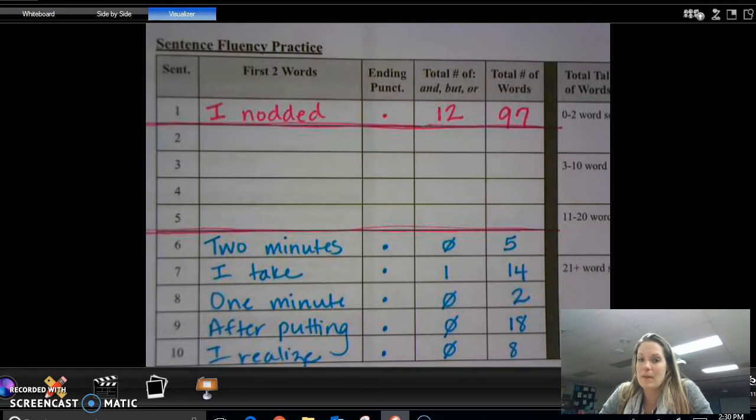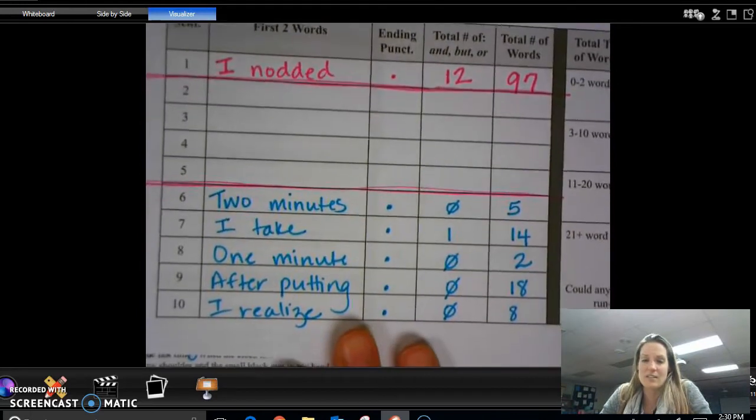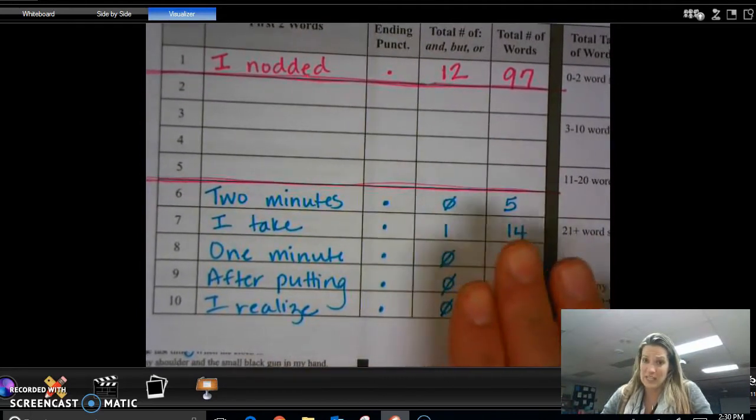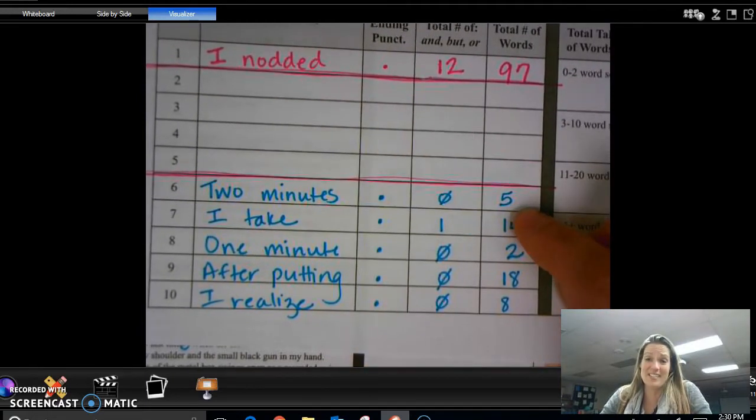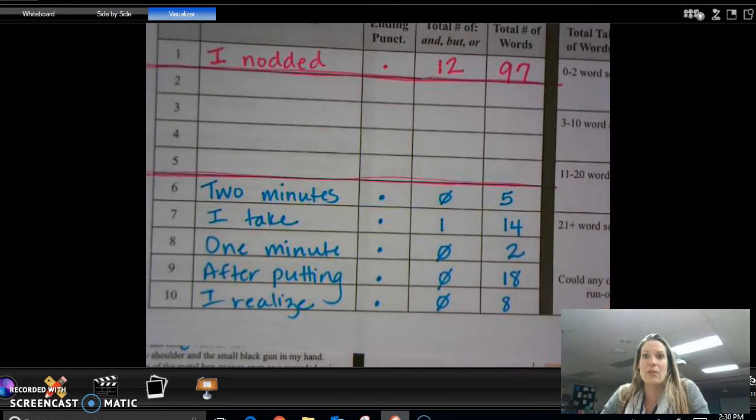Okay, and keep in mind, even though we only do this to the first 10 sentences or so, whatever you're doing here, you're probably doing throughout. So if you find that in your first 10 sentences, 7 of them have 5, 6, 7 words, chances are you did that throughout your piece, and you need to go into your writing and find another place where when you look at it, you see a whole bunch of periods, almost in a row on the document, and then go in there and do some fixing and revising on that.